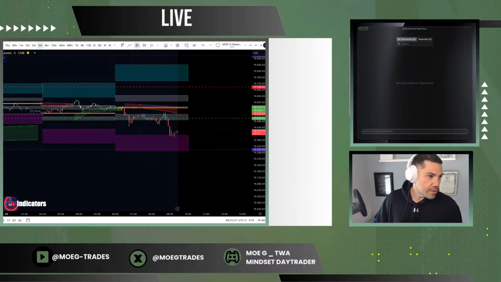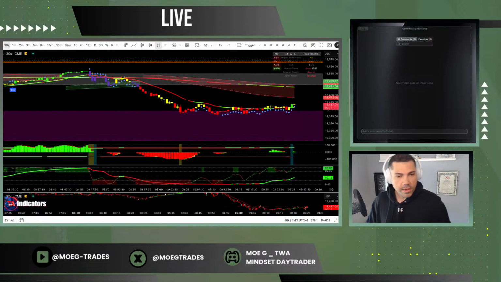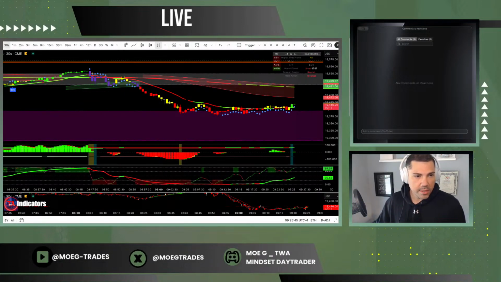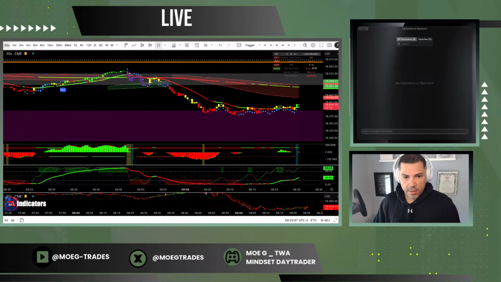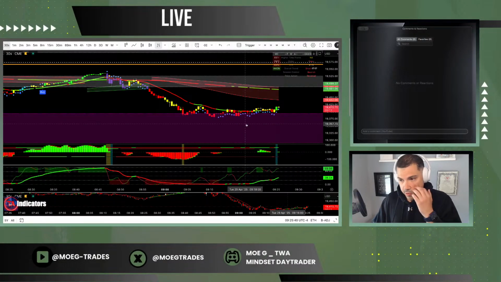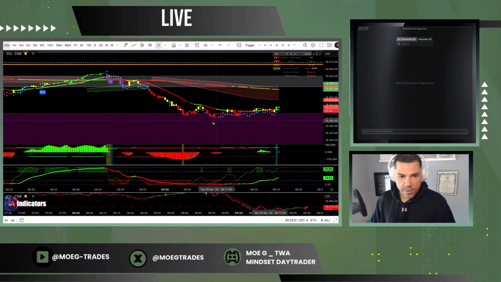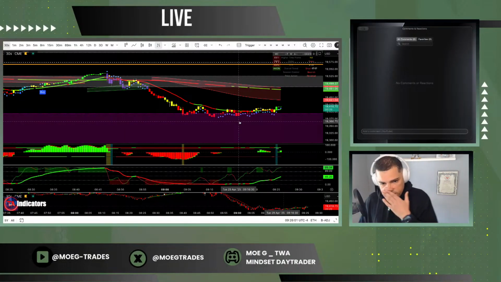All right, so now if I switch over to my trigger chart, this is the one I use to enter on. You can see right now we are extremely cheap. We're kind of staying above there. You see the pinpoint trigger candles are starting to show some blue dots here. That's usually a bearish sign. However,